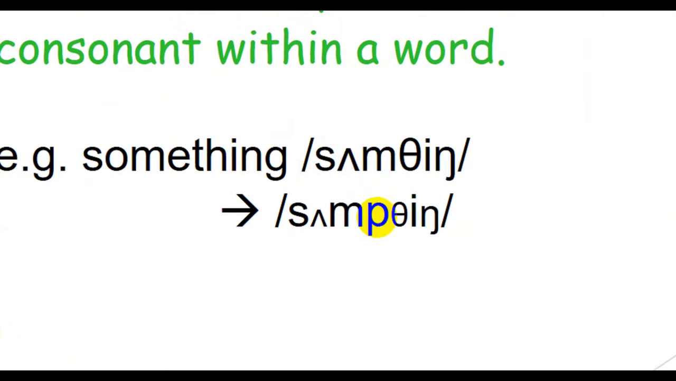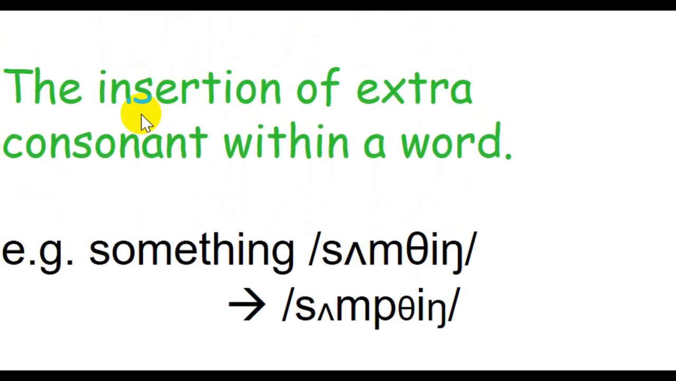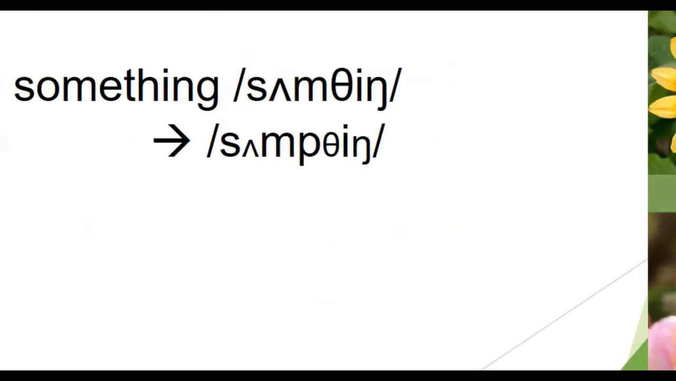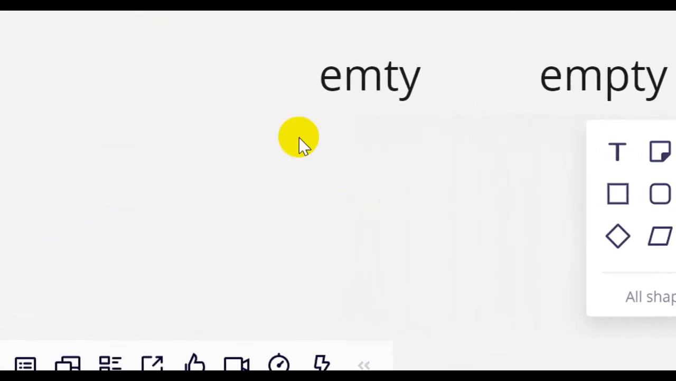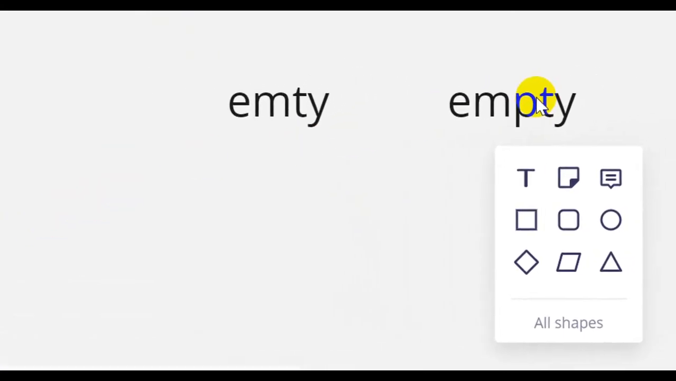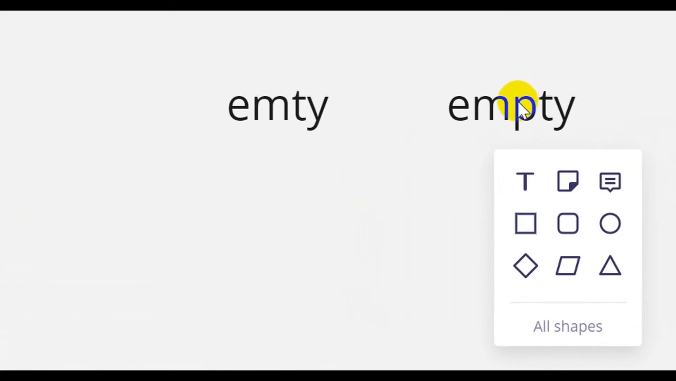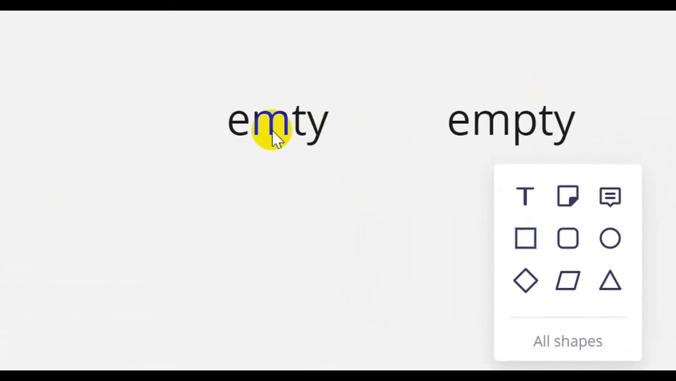For example, the name Thompson, it doesn't need p, but some people insert the sound p between, and it becomes "Thompson." Another example is the word empty. So these are other examples of epenthesis. So in the past it was "emty" like this, but